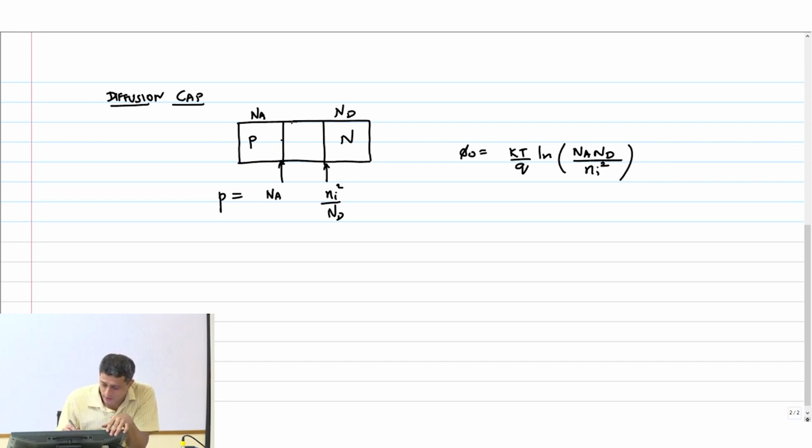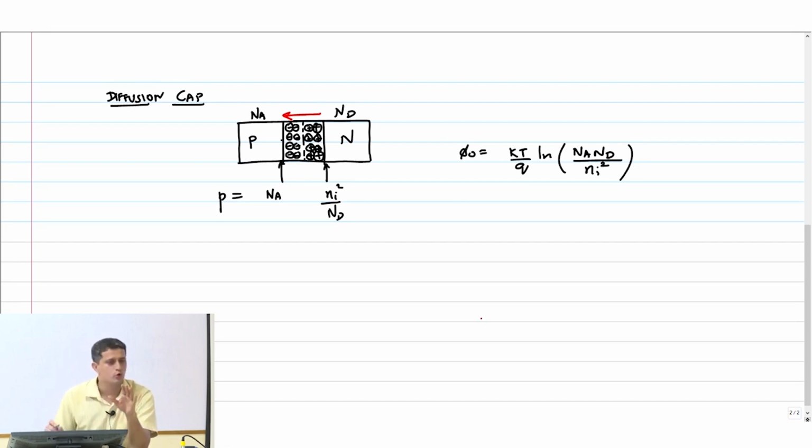Now because there is a depletion capacitance here, okay, if you look at this, there is a depletion capacitance here. When the hole goes, you get negative immobile carriers here, right? And this is plus, you have an electric field from the N to the P region, and that itself is like a capacitance now, okay? And if you increase the reverse bias, then this depletion region goes up and therefore the capacitance will drop,